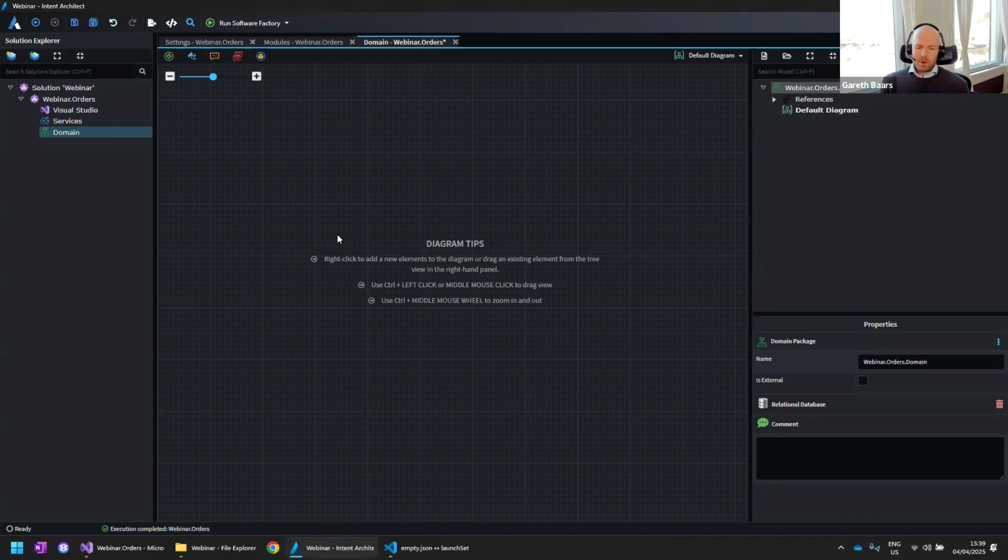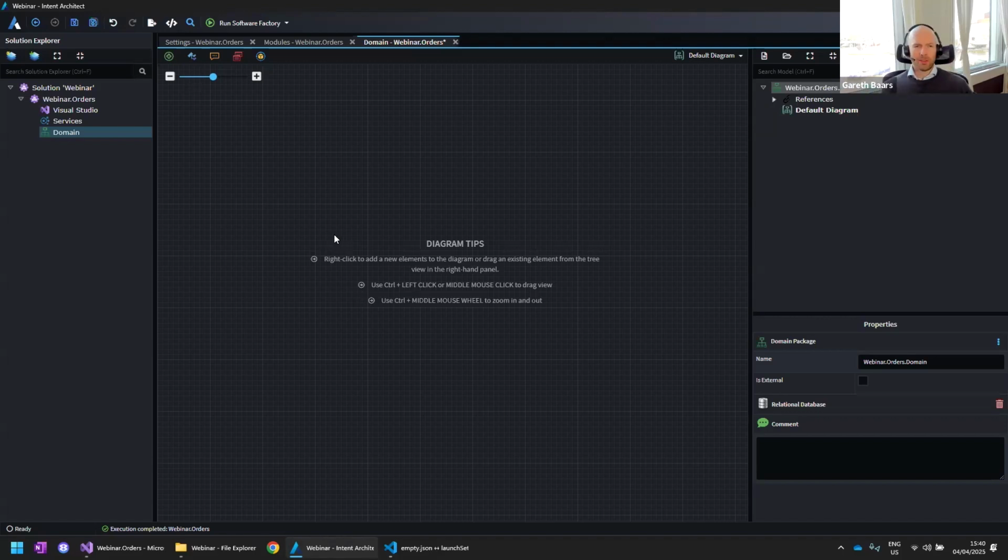And typically what we see, even before we worked with Intent Architect, is that when teams get requirements from the business, and especially if those requirements are of a substantial level of complexity, teams would go off to the whiteboard and start to model out their domains, their persistence, their services, and the events that they want to publish and subscribe to, maybe the other bounded contexts or microservices that'll be involved in the solution. And they'll do all of this on the whiteboard, or some teams do it in UML modeling tools and things like that. We can do all of that design work directly inside of Intent Architect.